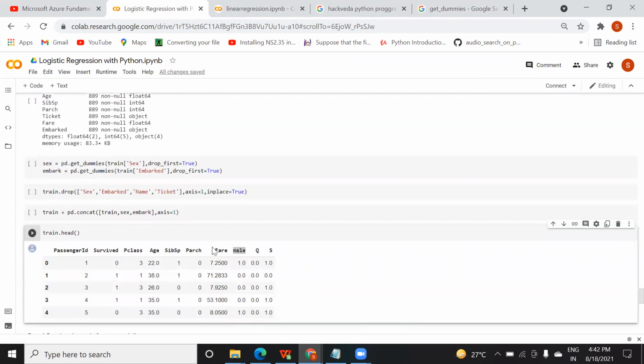It converts the categorical variable into columns. Like here both male and female should come, and the embarked column's QNS, and wherever the data are there, it should show 1 and 0.